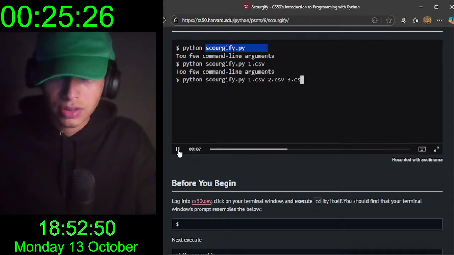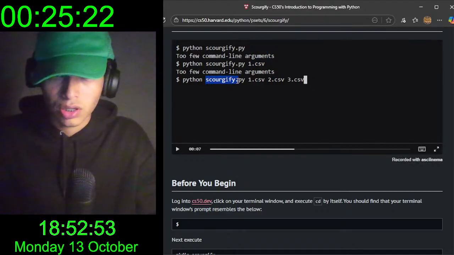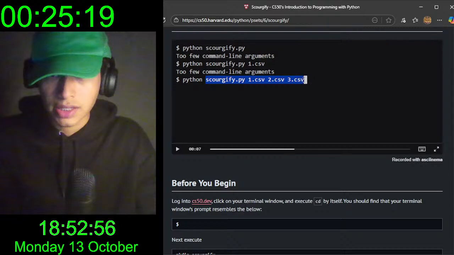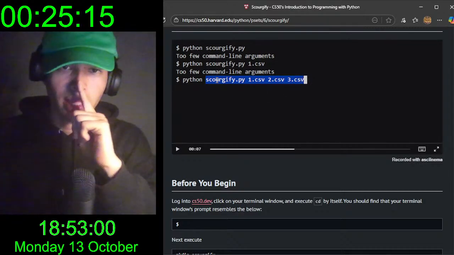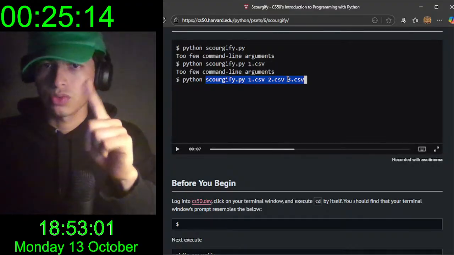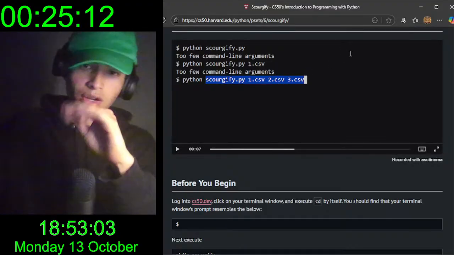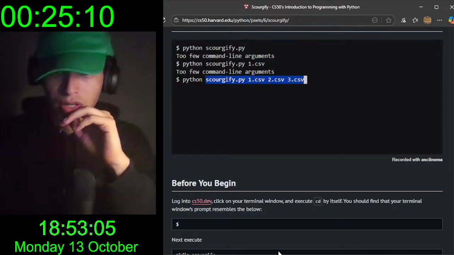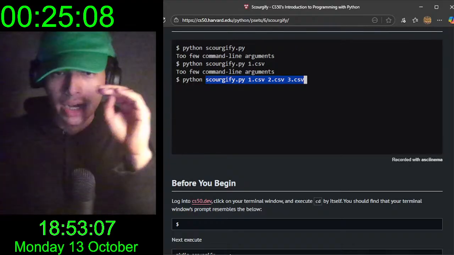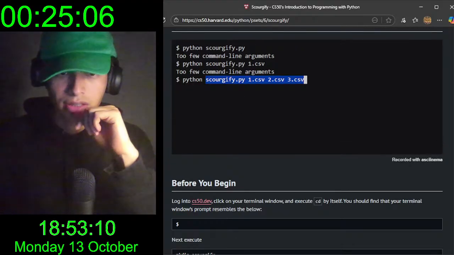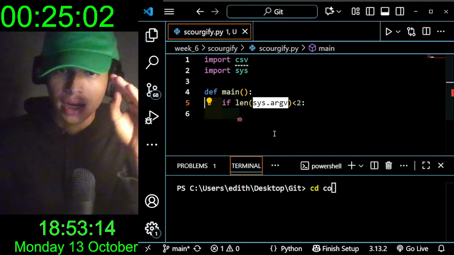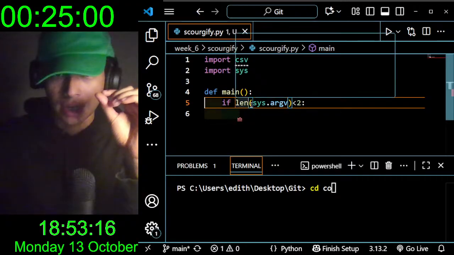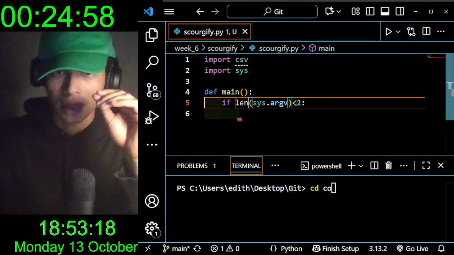All of this is sys.argv. So we can find 1, 2, 3, 4 elements in this list. This is sys.argv. So when I put len of sys.argv,